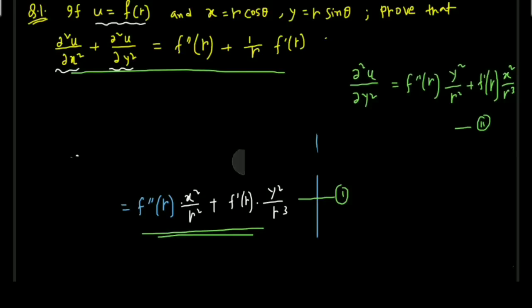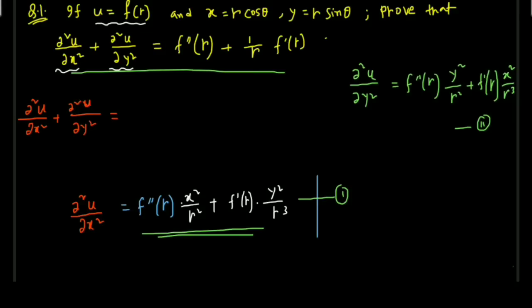So this is our equation 1, this is ∂²u/∂x². If you add these two equations, you will get ∂²u/∂x² plus ∂²u/∂y², and that will obviously be equal to,